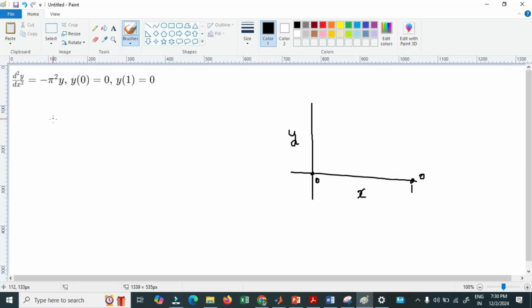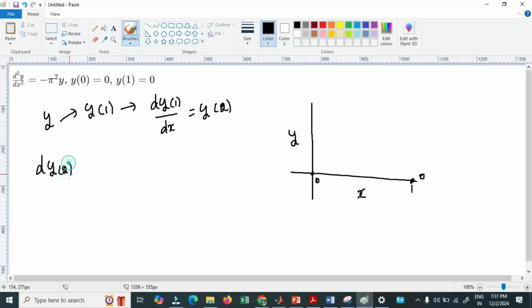For that, I'm going to divide y into y1, and the differential of y1, dy1 by dx, will be equal to y2. Therefore, this equation becomes dy2 divided by